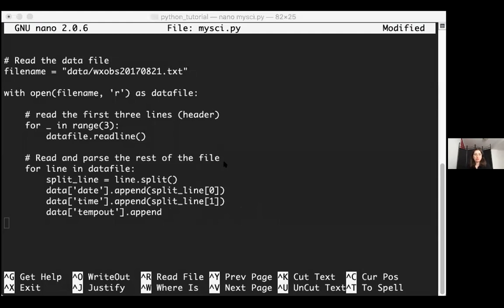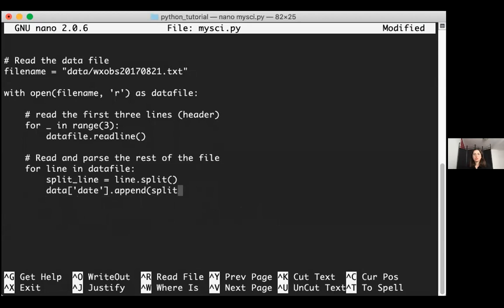Okay, let me go in and do this. So we're still gonna have our split line variable. But then much like when we were initializing our data dictionary, we're going to loop through each column name. So for column in columns, 12 spaces indented. We're going to create a variable I, being shorthand for index, which is equal to